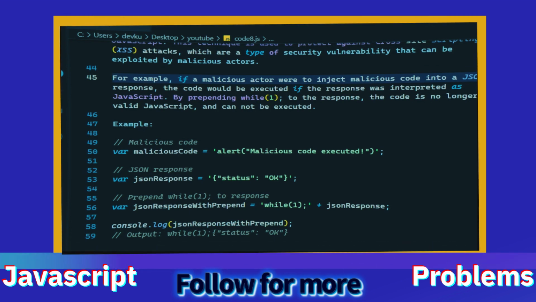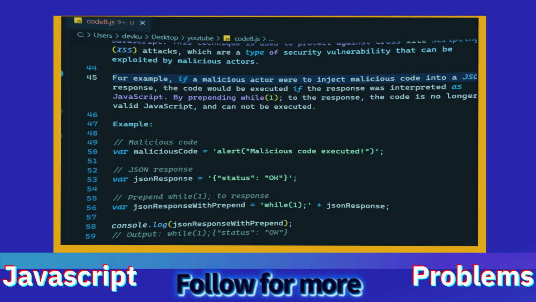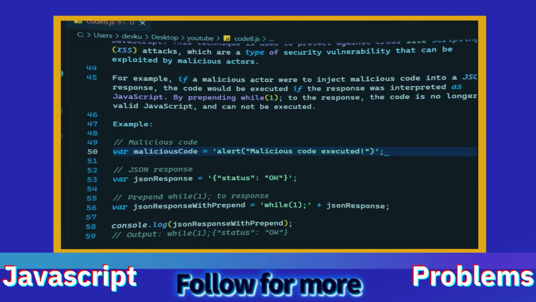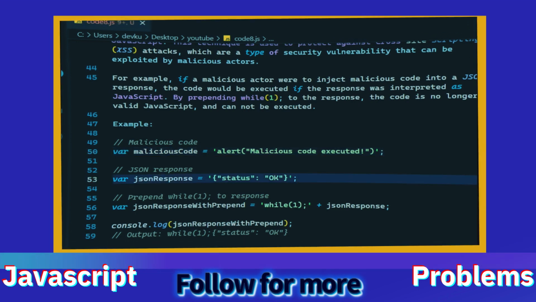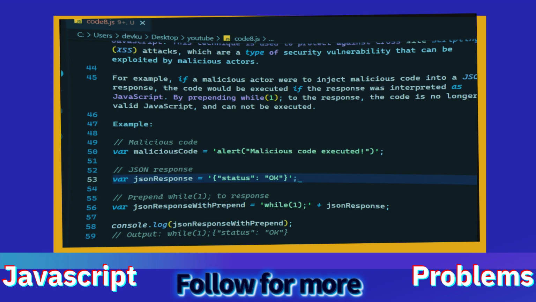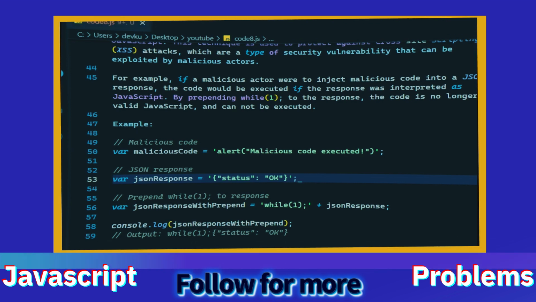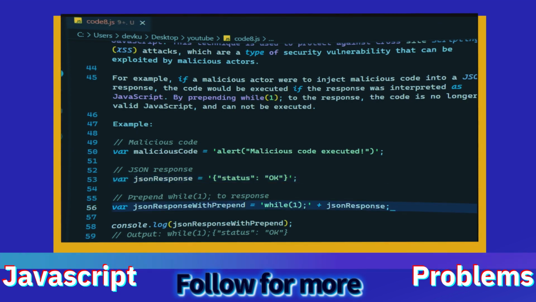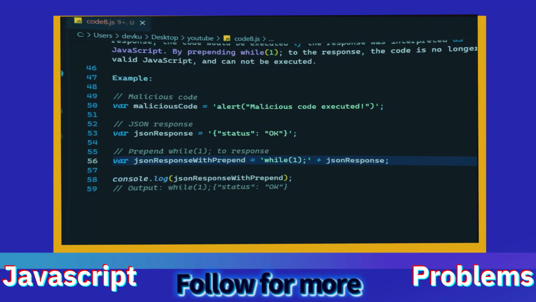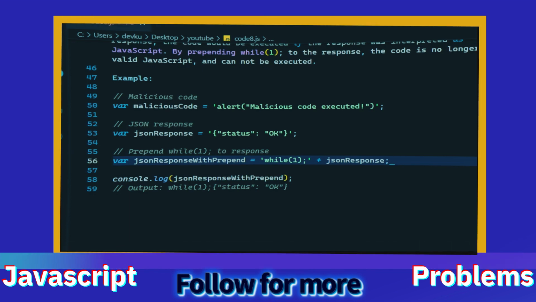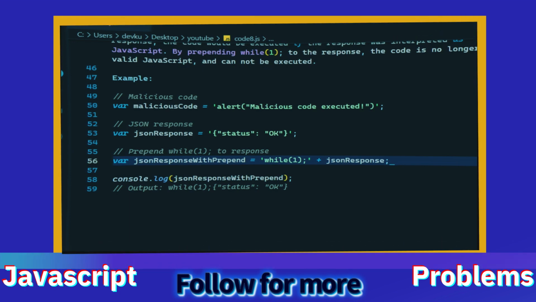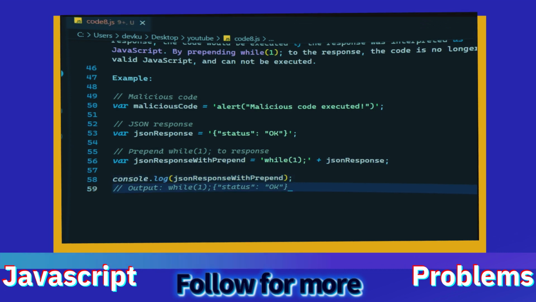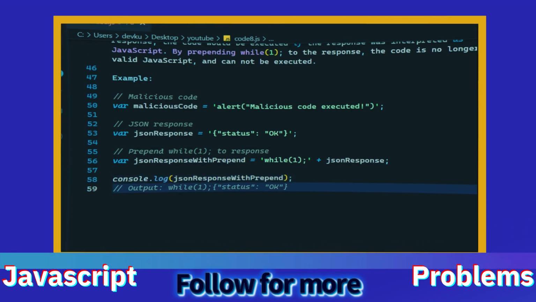Example: // malicious code: var maliciousCode = alert('malicious code executed'); // JSON response: var jsonResponse = {status: 'OK'}; // prepend while(1) to response: var jsonResponseWithPrepend = 'while(1);' + jsonResponse; console.log(jsonResponseWithPrepend); // output: while(1); {status: 'OK'}